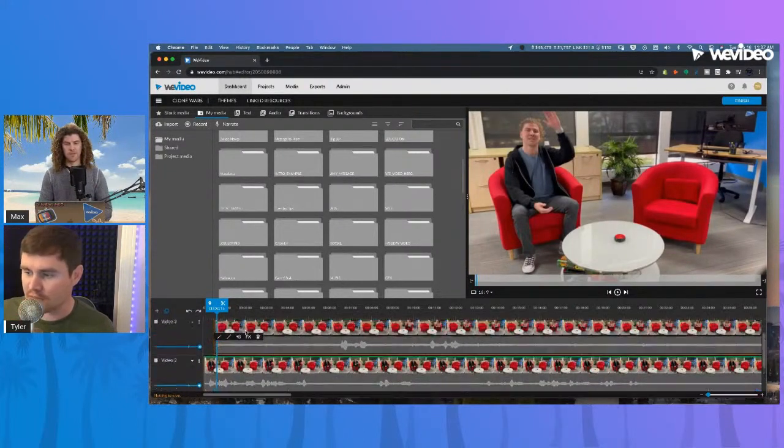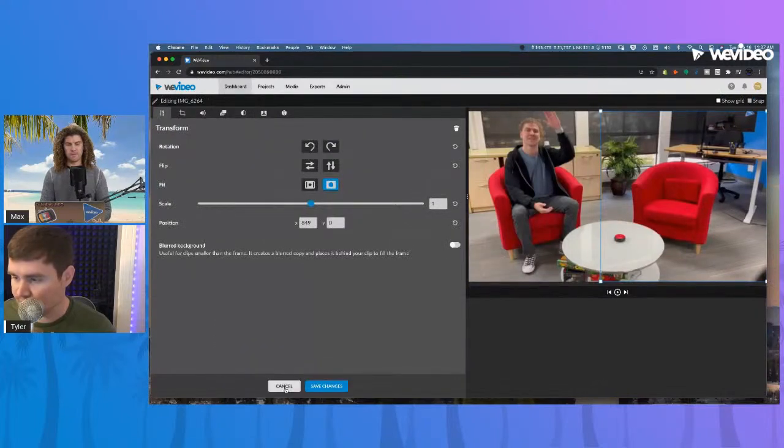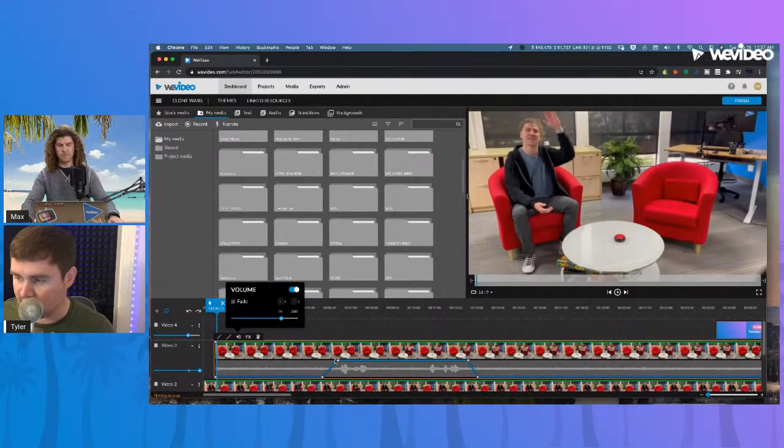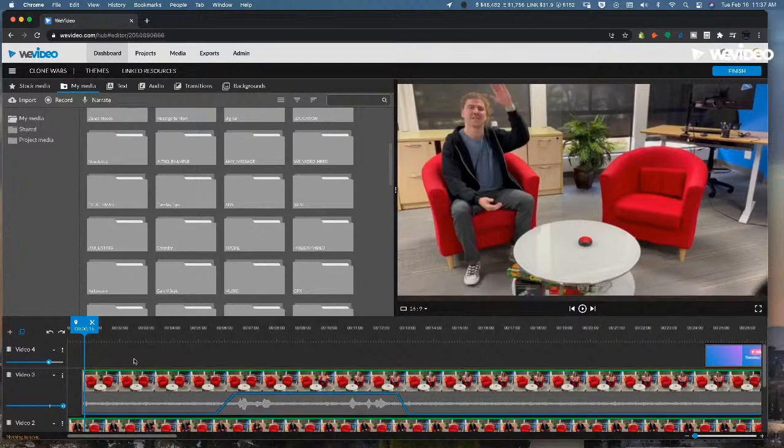So a quick tip on your clips, you can actually see these waveforms which indicate where Max is speaking. You can see right here, right here. The way you do this is you're gonna hit this sound icon and that'll bring up the waveform. I already had it clicked, so it's kind of hard to show you. But this will show your keyframes as well. So let's go ahead and